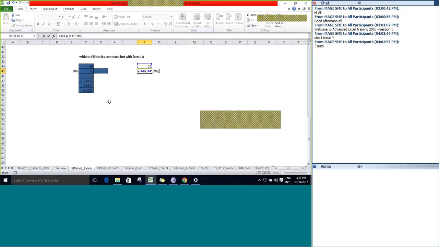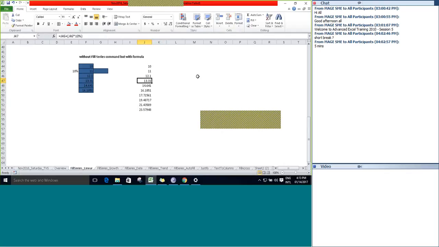Able to follow this particular formula? Why are we referring to 10 and why are we adding the previous value with the 10%? Because I want to calculate a value, previous value with 10% of the previous value. So that's why we are passing it this way, right? From here, if I drag this pattern down, it will start generating the pattern using previous value, adding the previous value with 10% of it, right?